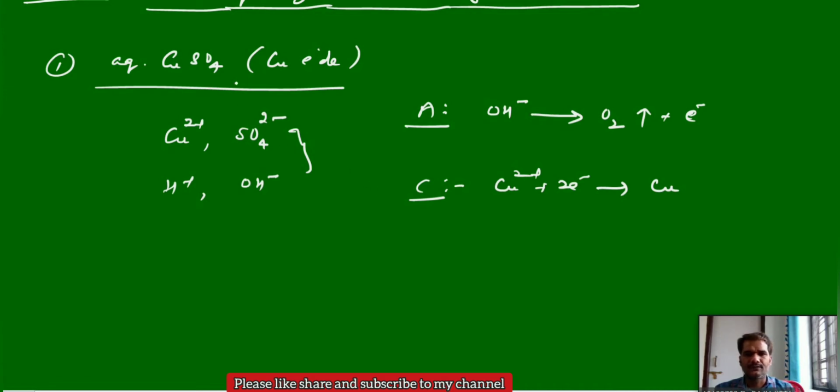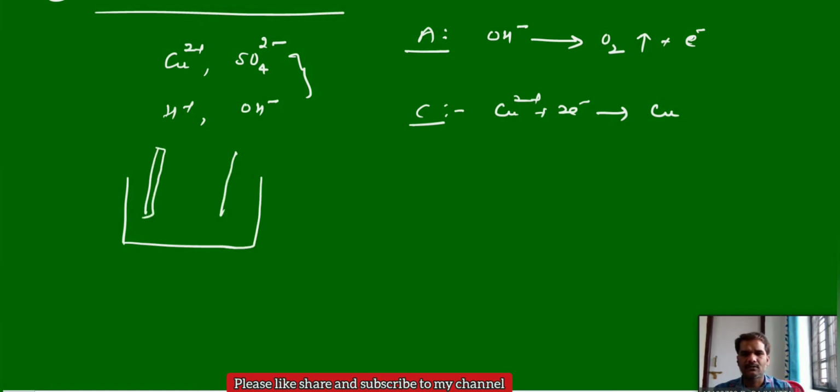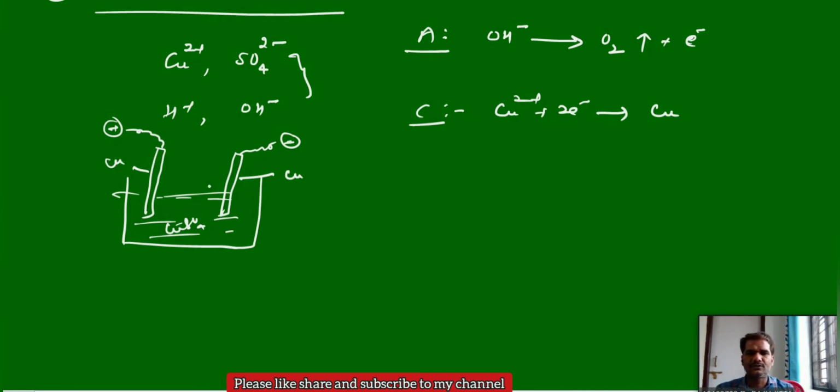But here, in the case of aqueous copper sulfate, the electrode is a copper electrode. Let us see how the electrolytic cell looks here. It is a little different from the previous one. Here both anode and cathode are copper electrodes, and we have used a copper sulfate solution. These are active electrodes. When you use these electrodes, what happens? Again, you check the exact chemical reactions by using the electrode potential values.